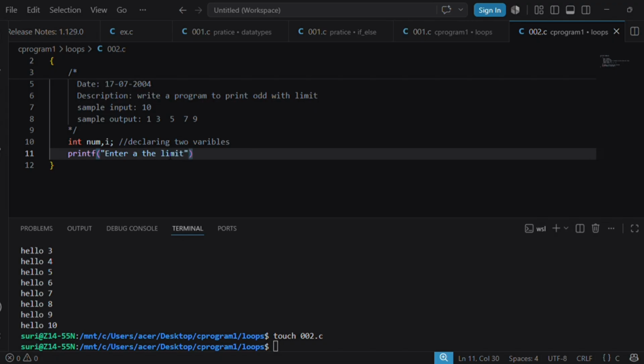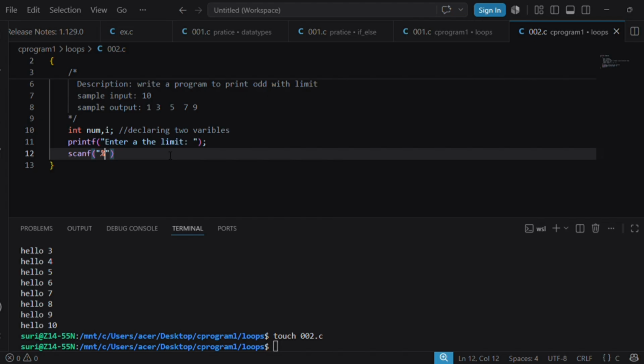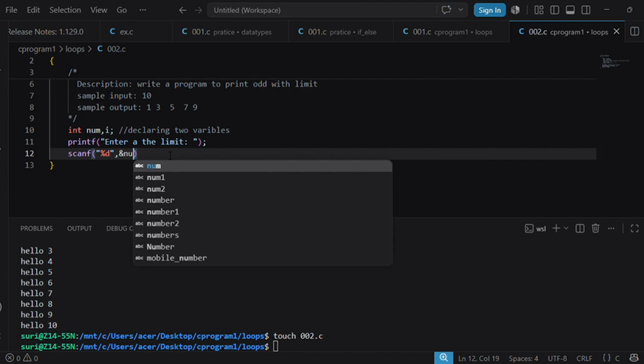Now I need to get input from the user, so I am going to use the scanf function, using the format specifier %d, and with the help of the ampersand operator I can store the value in the num variable.